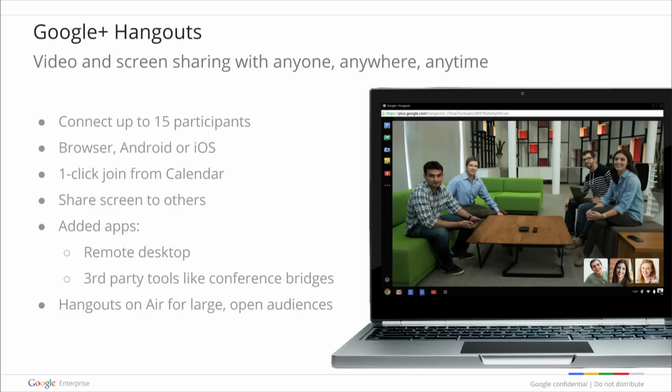There are some other features that we've added as well. So you can do, obviously, screen sharing. So if you want to present your slides or maybe do a demo from your desktop, that's all perfectly feasible within Hangouts video calls. And then recently, we've also added some third-party apps to the suite as well. An example of that is, if you think of Uber Conference, they're an audio bridge. You can bring that into the Hangout as well. So you can now extend the Hangout into an audio conference as well, which is really great for enterprise customers in that kind of setting.